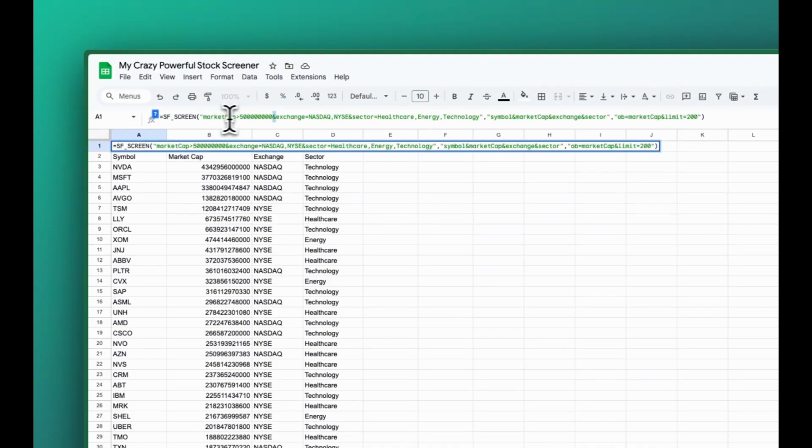So you'll see here we've got market cap greater than 500 million and exchange equals, and then we list the exchanges, and then sector with another and we list the sectors. Then within some of these text filters, like an exchange or a sector, if we want multiple items, we use a comma to separate those items. So you'll see here we've got NASDAQ, comma, NYSE. Now, all of this was generated for us with the stock screener sidebar, but getting a better understanding of how the function itself works helps you get significantly more out of the tool